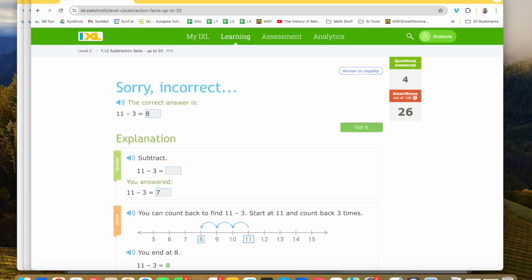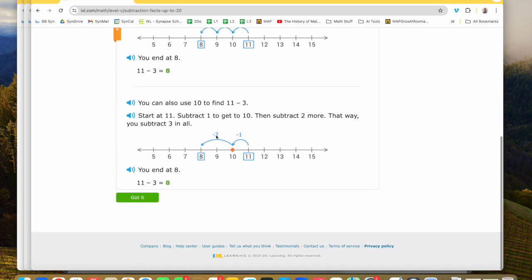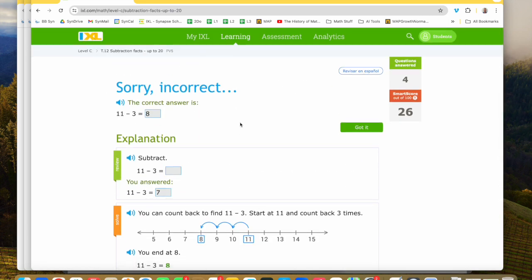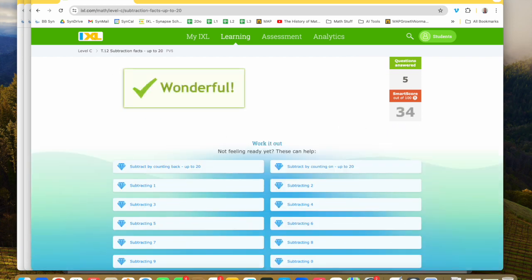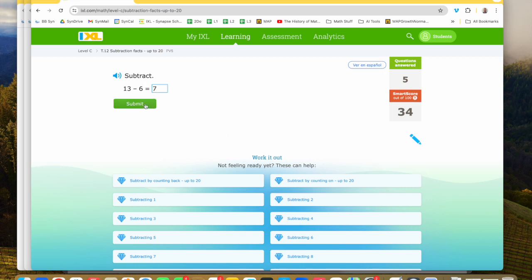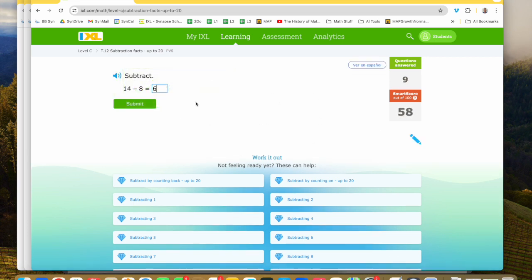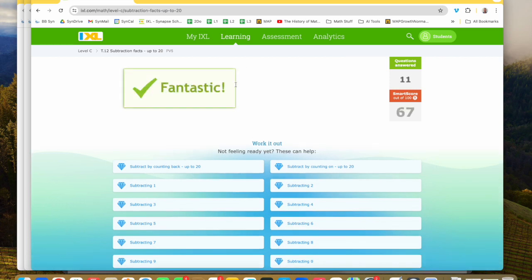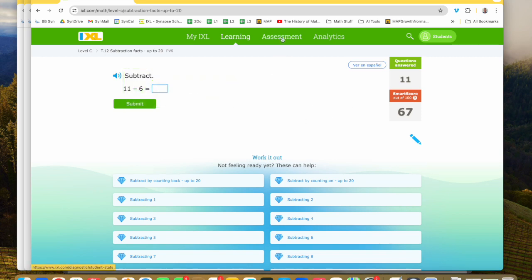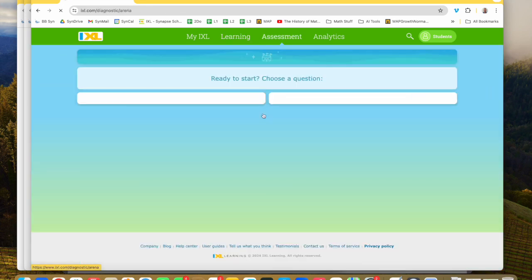Get an answer incorrect, it will tell you how you can get the answer correct. It gives you all of this information, and your score goes down a little bit. If you continue working on these, you'll eventually get to 100. You don't actually need to get to 100. If you get a score in the upper 80s, low 90s, that's demonstrating mastery. As you continue to work on these things, IXL will share with you what you should work on next in those recommendations. You just keep jumping back and forth between assessment, step into the arena,